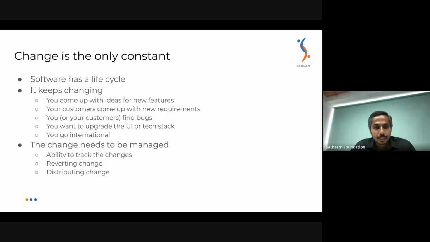And then you want to upgrade the UI or tech stack, as someone pointed out in the chat box. So there will be upgrades happening to the language version, or to the tech stack itself. And then you are planning to go international. Let's say the product you developed is being serviced in only one country, and at a later point your business is expanding, so your code has to be deployed in multiple other countries, and we need to have localization